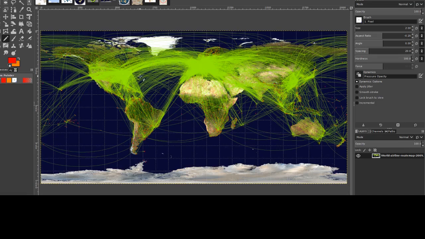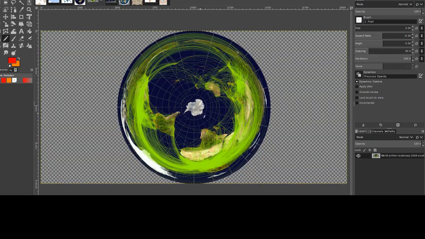Now it may be that a flight will fly in a particular direction because it takes advantage of jet streams, so going east to west is often not the same route as going west to east, because in opposite directions it's easier to follow a longer but quicker route because of the direction of the wind or the jet streams. So we can see though that nothing's actually crossing what might be considered the North Pole. So this kind of works,